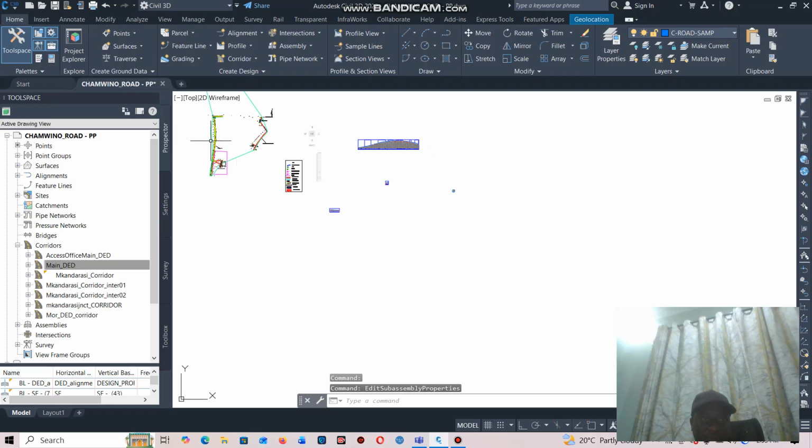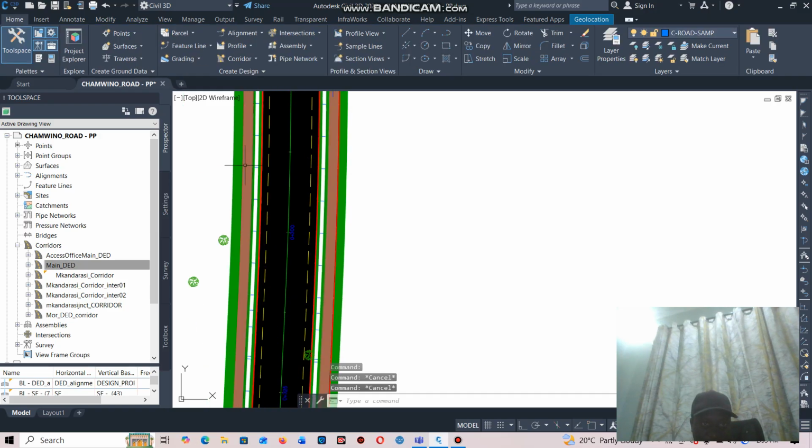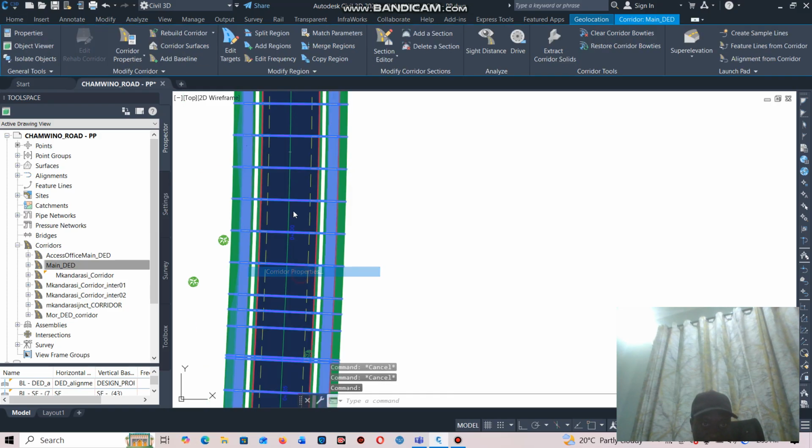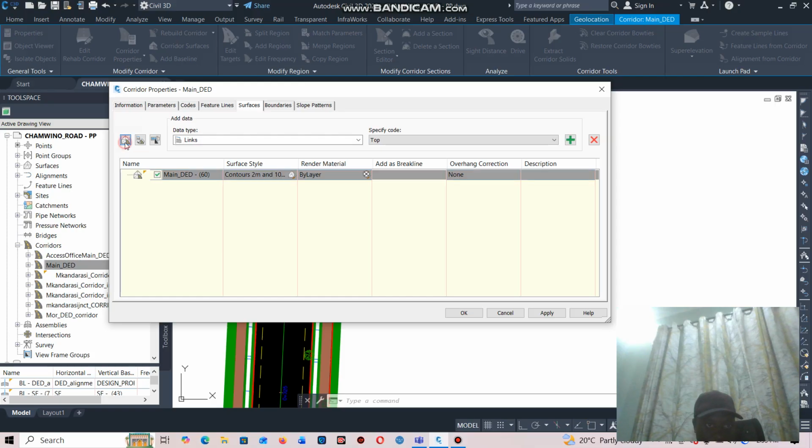Then I go back to the corridor. I select the corridor, right click again, go to the corridor properties to see if my surface is still there, but it was not. So I create it again, top. Now I can name it top dead corridor. It is a top, so I select the top link. So from here I'll add a top,